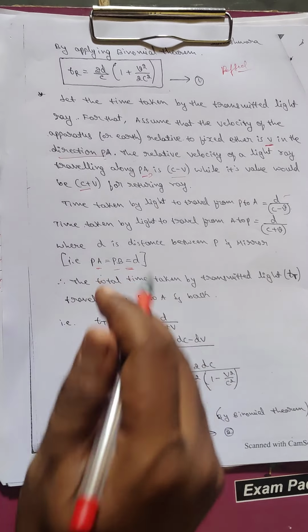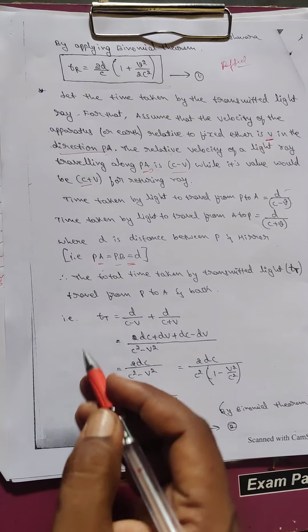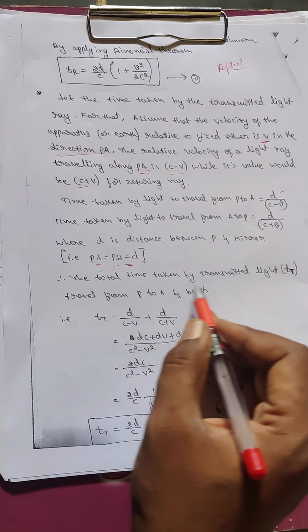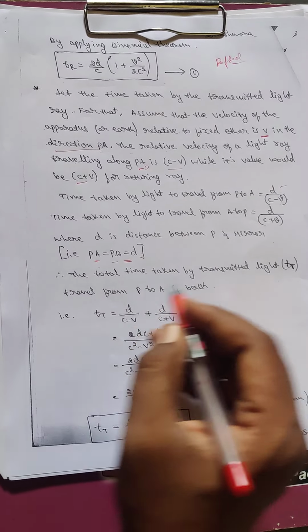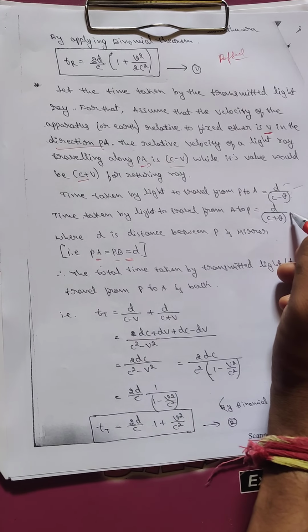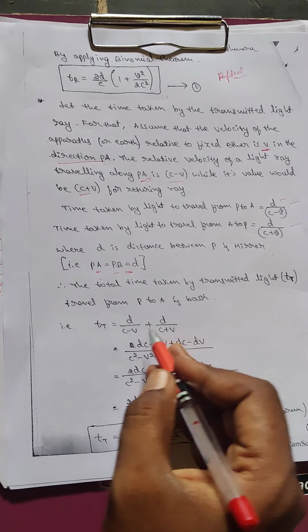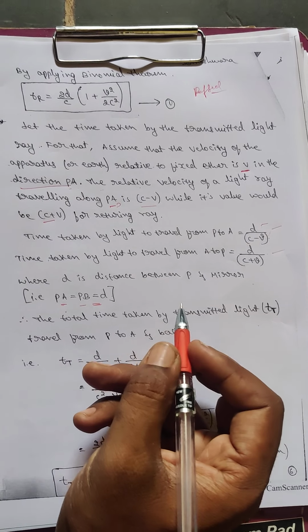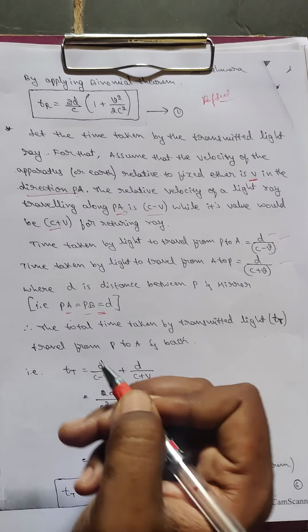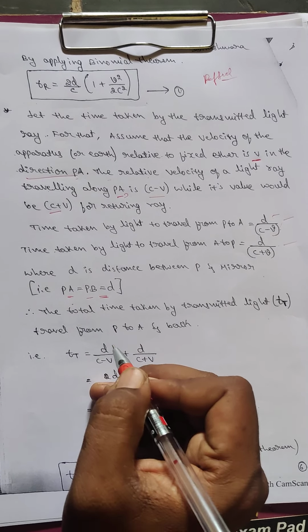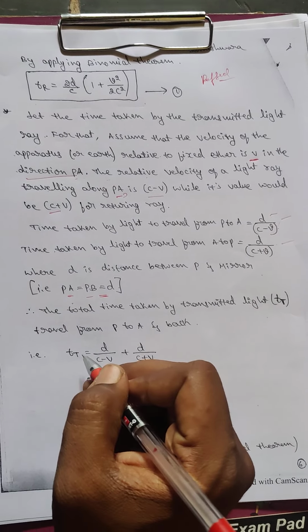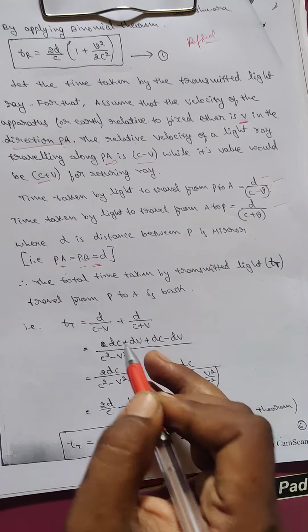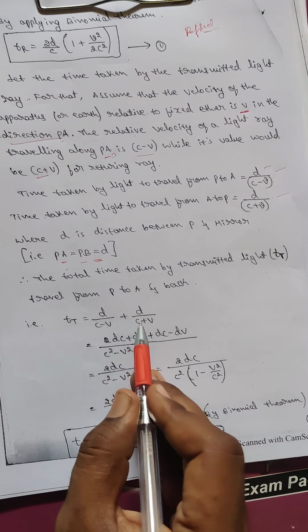We know that in the first step of our experimental setup, we found the total time taken by the transmitted light. This is from P to A, and this is from A to P. Now we add both. The total time taken for transmitted light, capital T, is d divided by c minus v plus d divided by c plus v. On simplification and cross multiplication, we get